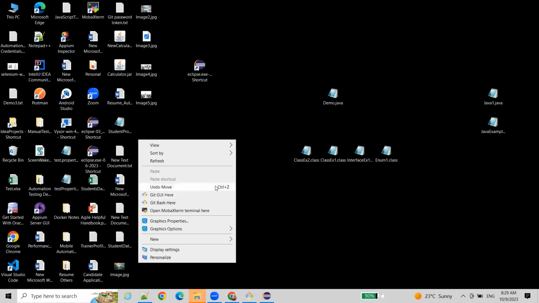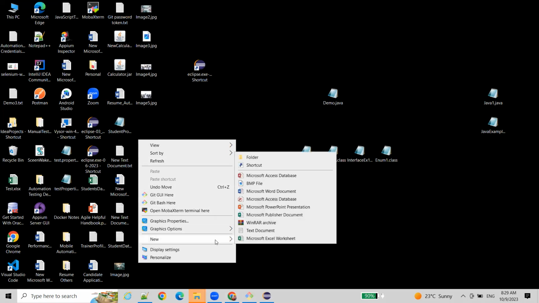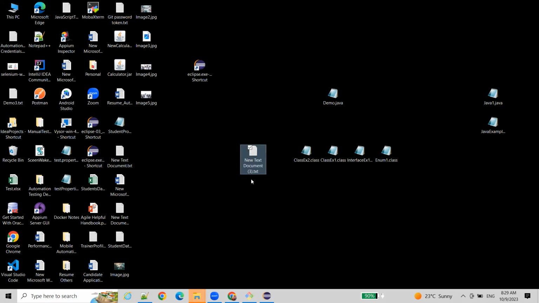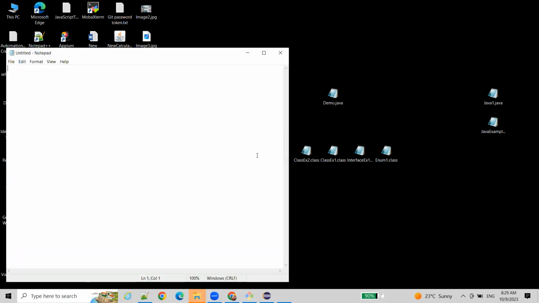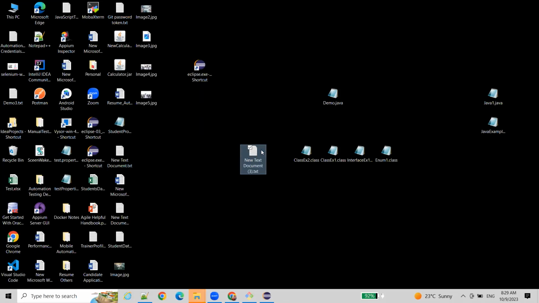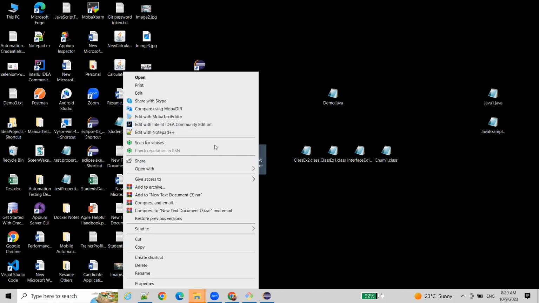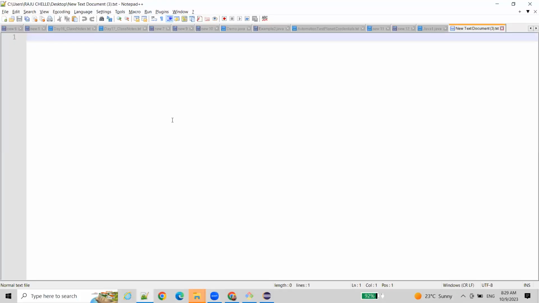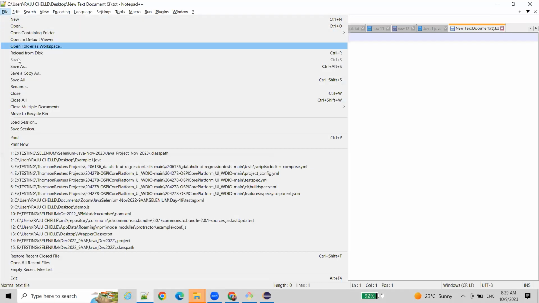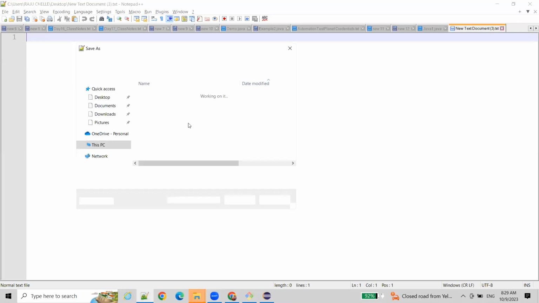So now we can also implement the HTML. It is a very easy language. Okay, so let me open some text file. Let me open with Notepad++, because in Notepad++ we can see the names of elements in a different color. If you want to create any web page, HTML page, you have to save the file name with .html